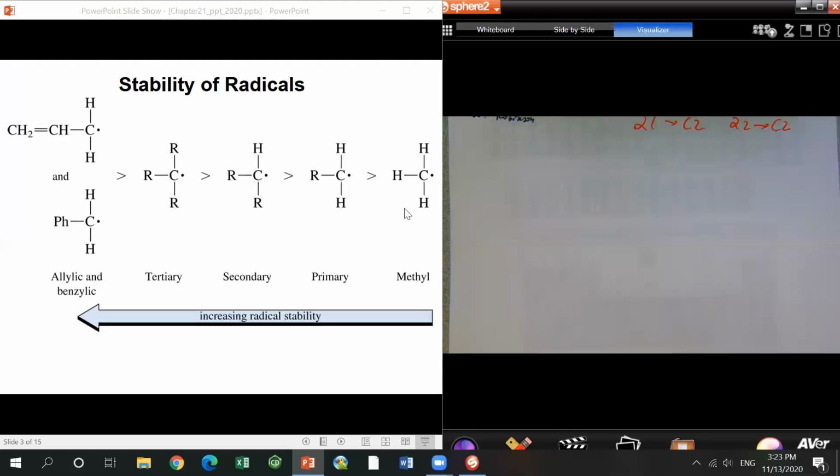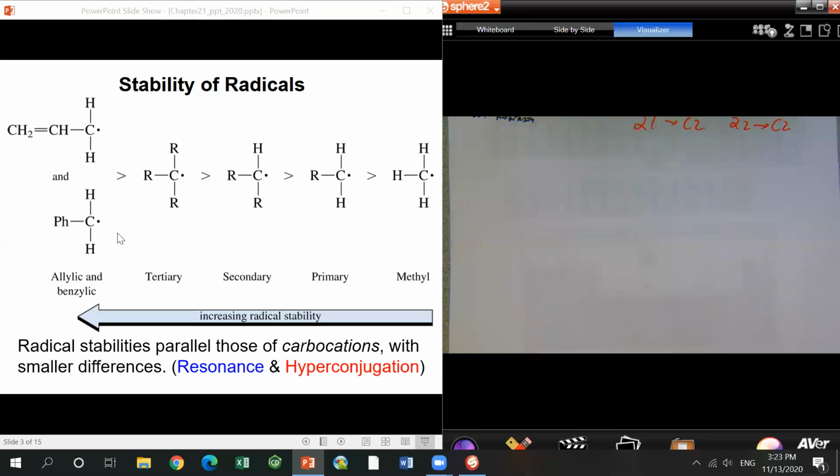So why is that? For the allylic and benzylic radicals, they can have resonance stability, and for all other cases, because of the